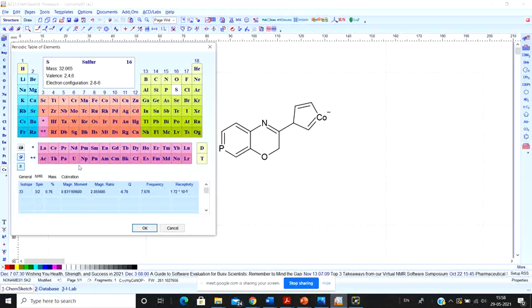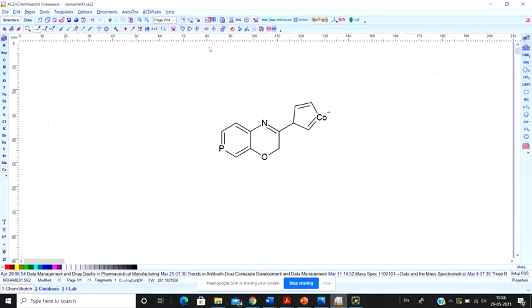Okay, and like that you have another tab for mass, because you know there are multiple isomers for a particular group, and all of them have different physical and chemical properties, and this is the mass of this particular molecule. It shows you how many different types of isomers there are, and what their properties are and whatnot. So this is the utility of this particular periodic table of elements.